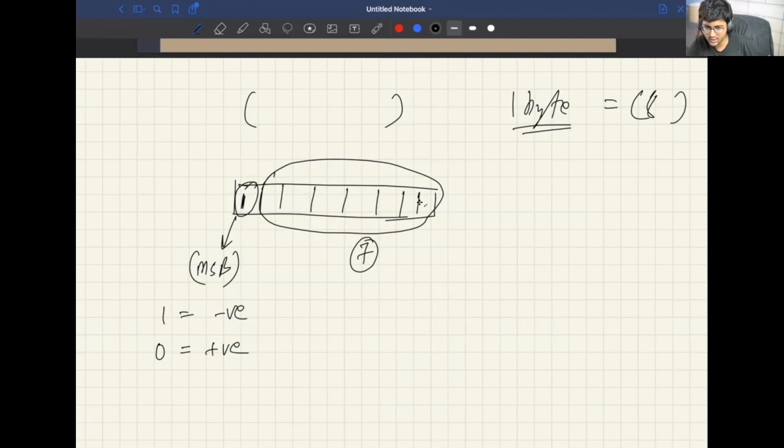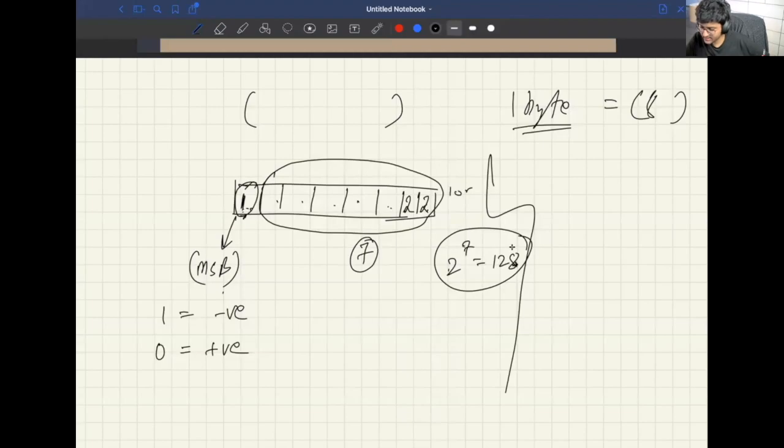Over here, we can either store 0 or 1. What is 2 raised to power 7? 128. So 2 raised to power 7 is 128, so this can contain 128 numbers. If I'm taking all the 8 bits, it can contain 2 raised to power 8. What is that? I'm really not good at this, 256. So total, you can form 256 unique numbers, considering both positive and negative.